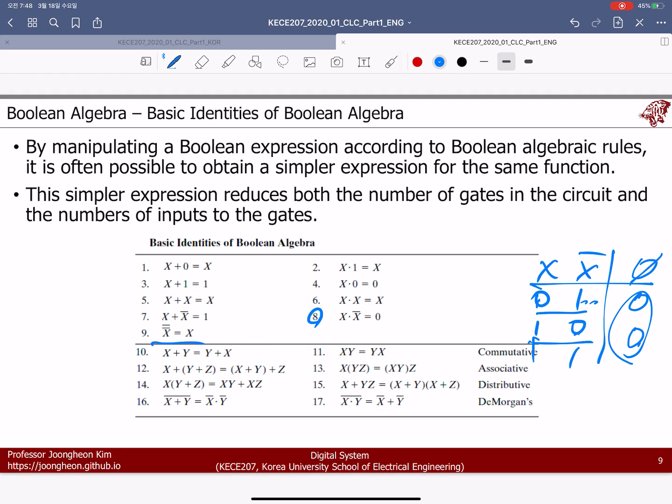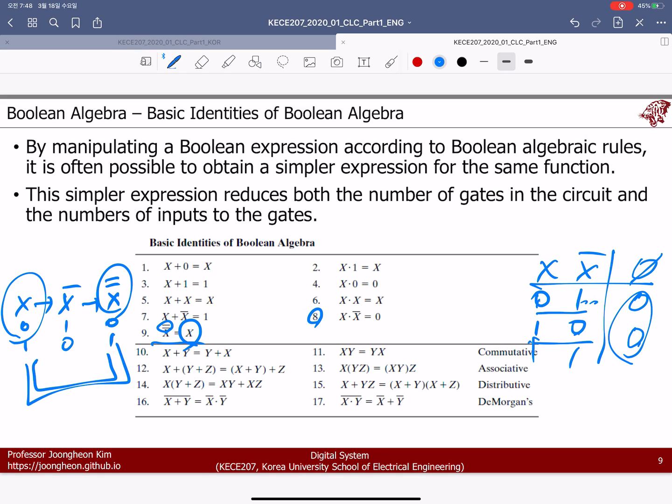So let's go to number 9. You have x, 0 and 1. Now you have x bar, which becomes 1 and 0. Now we have another bar. You have 2 bars here, so you have another NOT operation. That's why this becomes 0 and 1. That's why they are the same as each other, this one and this one. That's why you can write it this way. Okay, so now you prove that you can work with